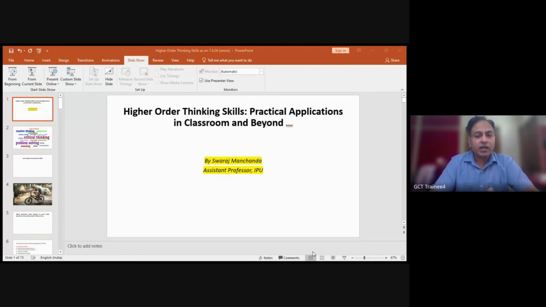Beyond the classroom, he has also honed his skills through tutoring and has conducted enlightening sessions on HOTS at various prestigious institutions. His proficiency extends to various educational tools such as Wakelet, Kami, EduPuzzle, and Book Creator. Furthermore, Mr. Manchanda's passion for mentorship is evident as he has guided numerous students on their academic journey. So please join us in welcoming Mr. Swaraj, whose expertise and passion are sure to make today's session both insightful and engaging. So over to you, Mr. Swaraj.